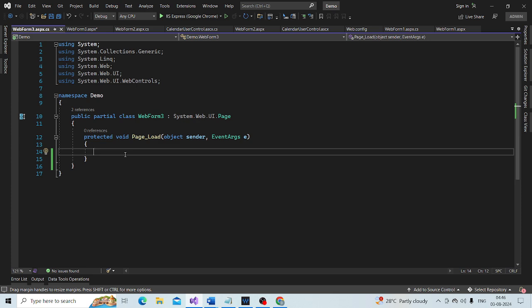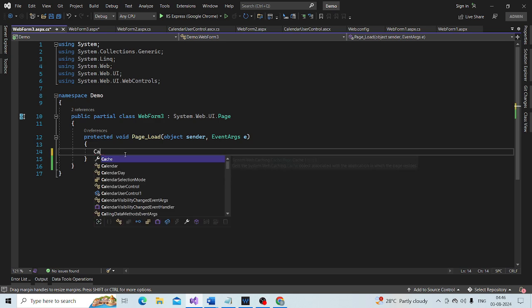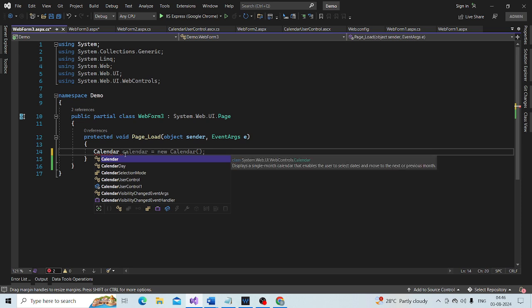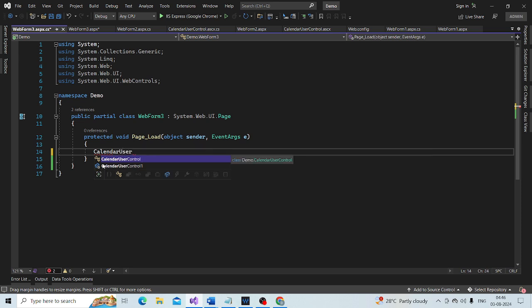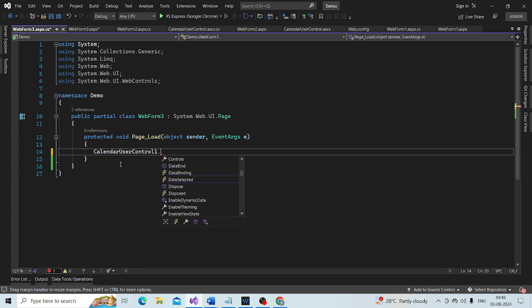of this web form, I am going to hook up the event handler method with the event of the calendar control. So what is the ID of this calendar user control? It is calendar user control 1, dot, date selected. Date selected is the event.